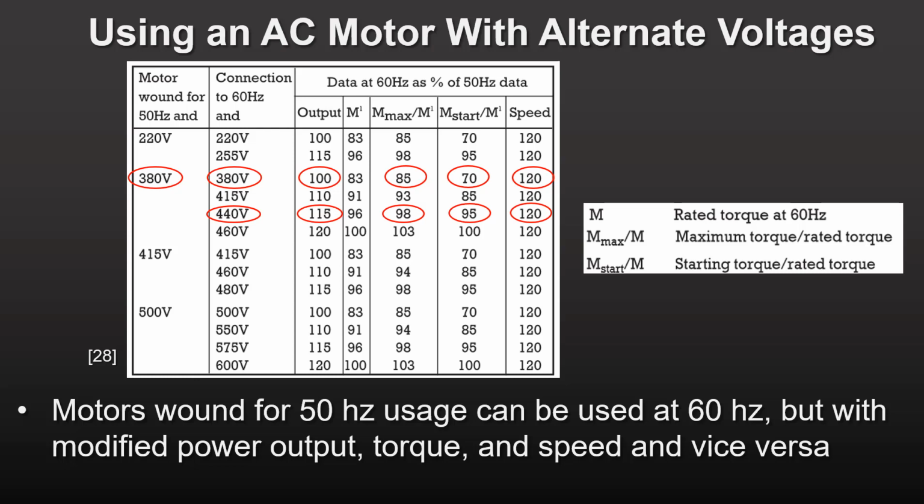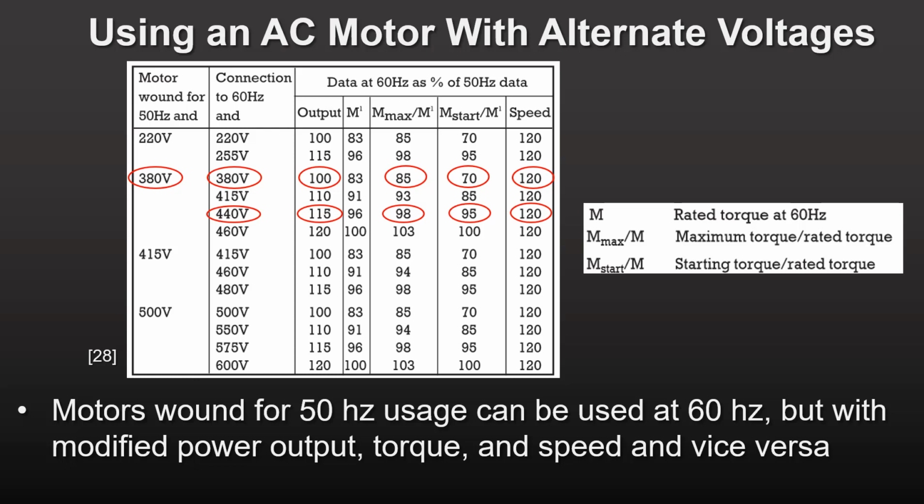For example, suppose you bought a motor in Europe designed for 380 volts and 50 Hz and had it shipped to North America. If you ran it unmodified in North America at 380 volts and 60 Hz, you would find that the power rating is still 100% of the rated value, but that max torque would be only 85% of its rated value. The starting torque only 70% of its value, and the motor would run faster at 120% of